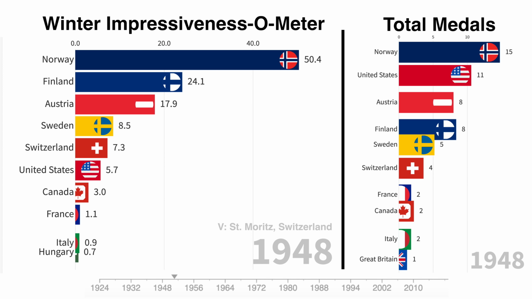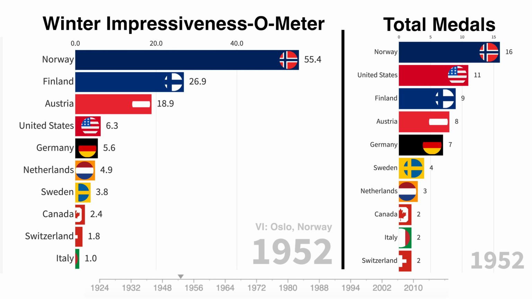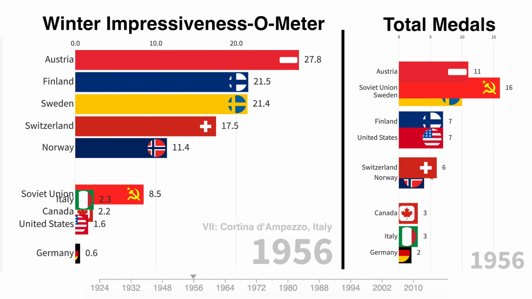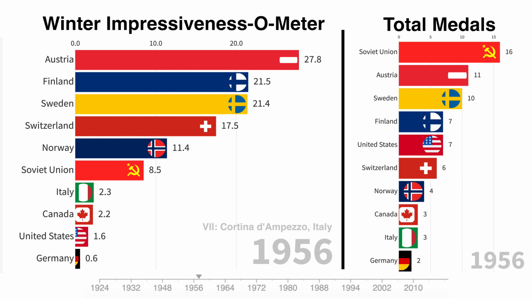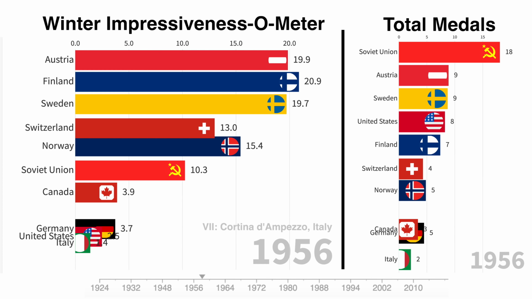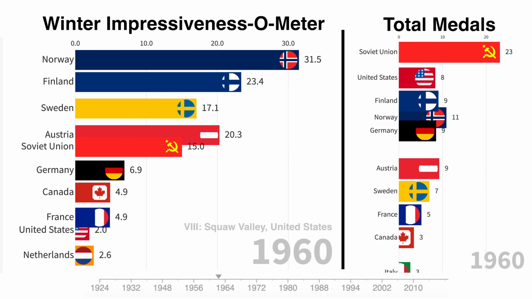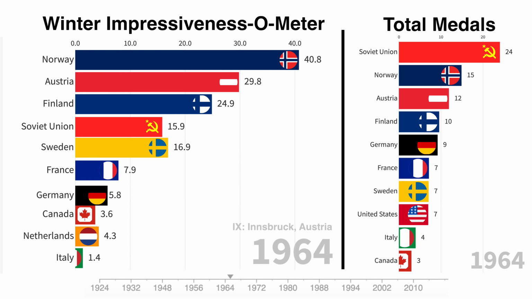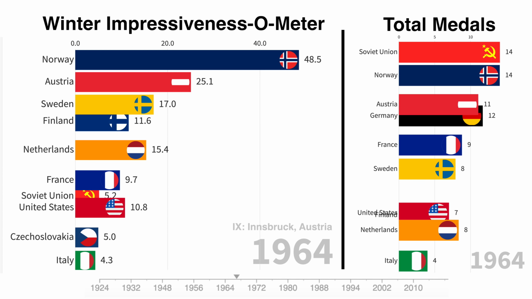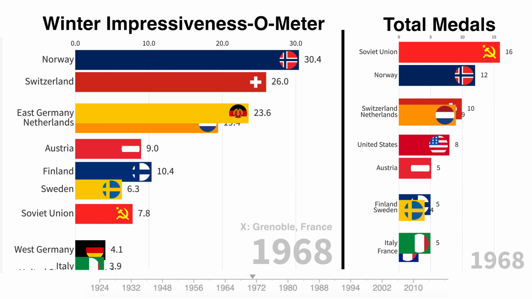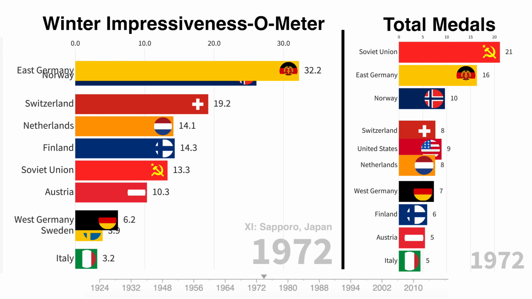In the 1952 Oslo Games, they take advantage of home snow to again dominate, and then, finally, in 1956, Norway slips out of first place, replaced by Austria. The Soviet Union makes its first Winter Games appearance here, leading in total medals and ranking 6th in impressiveness. Norway quickly restores order in 1960, and for a while, we're back to a list of usual suspects at the top. In 1968, the Netherlands makes their first appearance in the top 5, and in 72, East Germany begins a